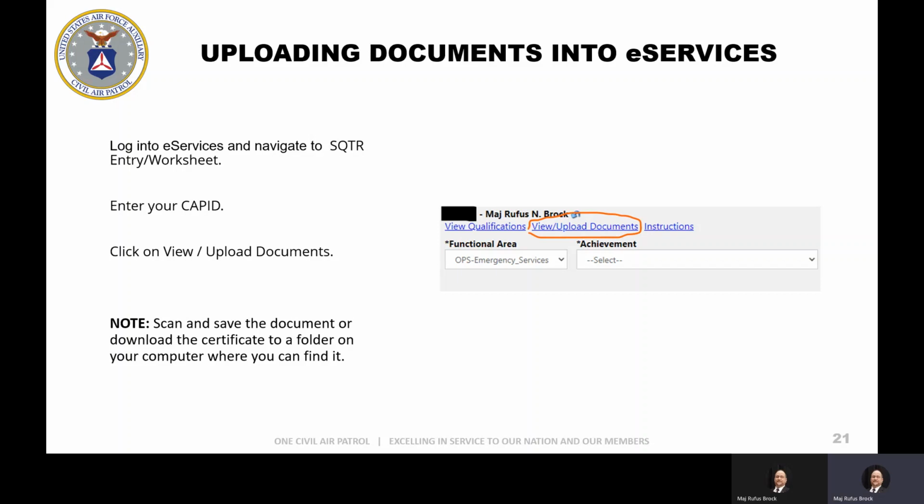Uploading documents into e-services. Now, this is something that's required as you're getting started. You may need to upload your IC 100, 200, 300, 400, 700, 800 certificates, or you may need to upload some pilot information, or there's all kinds of documentation that may need to be uploaded. Once again, log into e-services, navigate to your SQTR entry